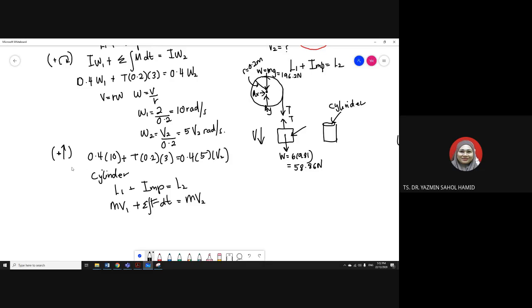Okay, now since we are assuming going up is positive, our mass and velocity: our mass is how much? 6. Now our velocity is going down, right? Down how much? 2. But our assumption here is up is positive, so we need to put a negative sign here because it's the opposite direction to our assumption. Okay, plus T multiplied by 3 seconds equals to